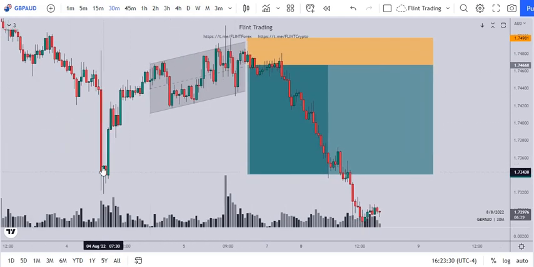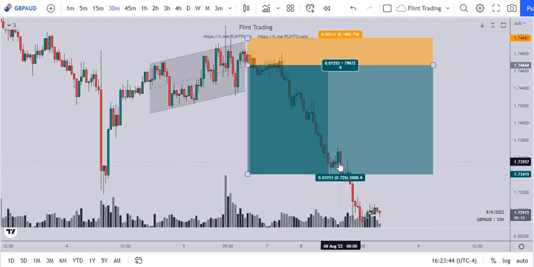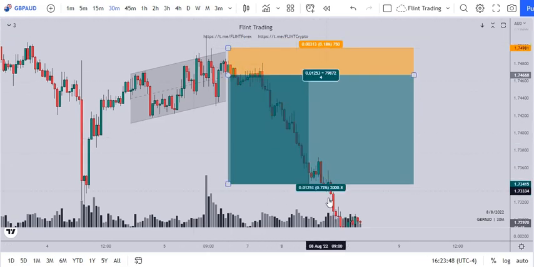I was expecting price to maybe react from there and continue to push to the upside, because we had this imbalance right there, and this has not been mitigated right now. As you can see, we had a little reaction of that, but price was kind of strong on the higher time frame, so maybe it pushed downside. So I was targeting this level right there. I was expecting price to maybe do a reaction right there, and